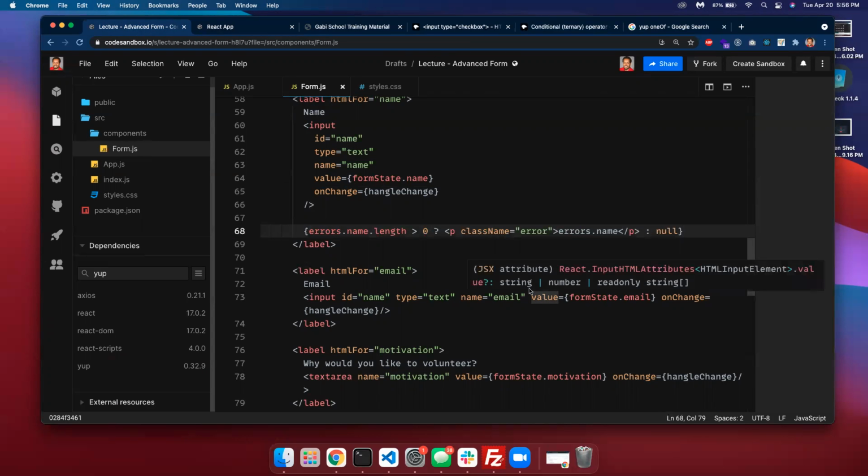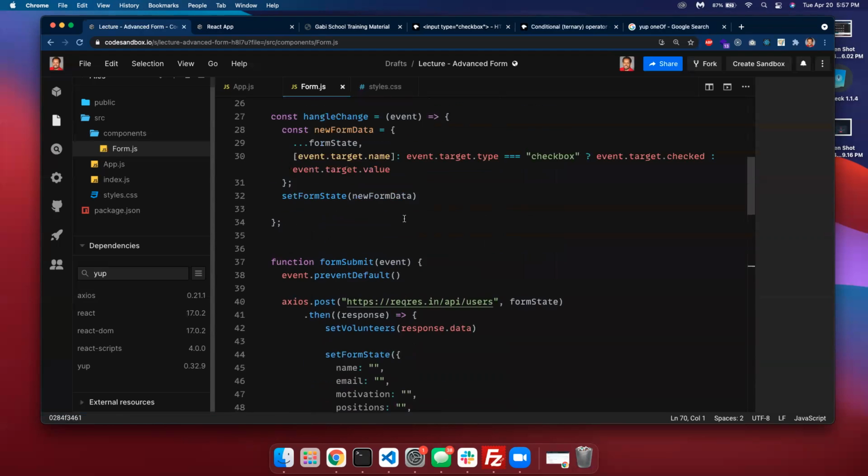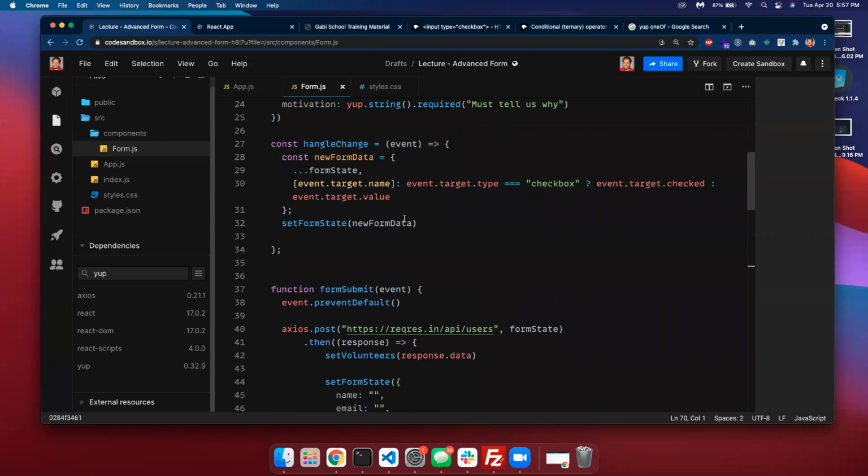Okay, let's see. I don't know why it's not showing. So did I spell everything correctly? Errors dot name dot length. Okay. And then we said, okay, if this is true, then show the error. If not, don't show error. Okay. I think that should be the other way around. And also,